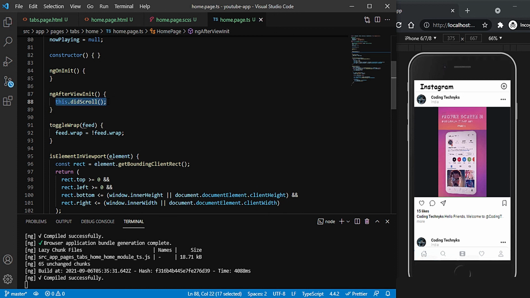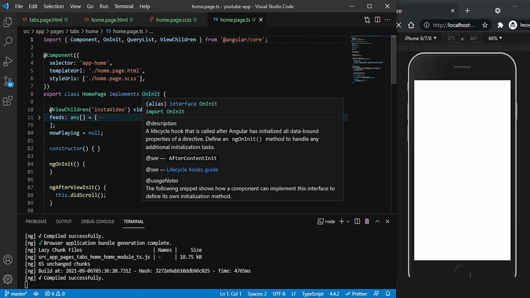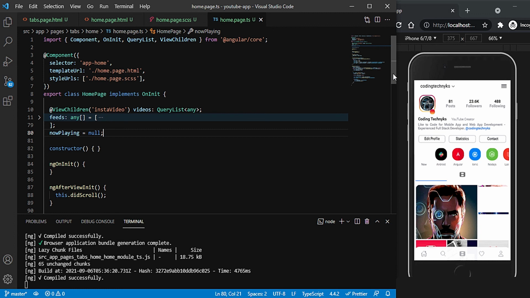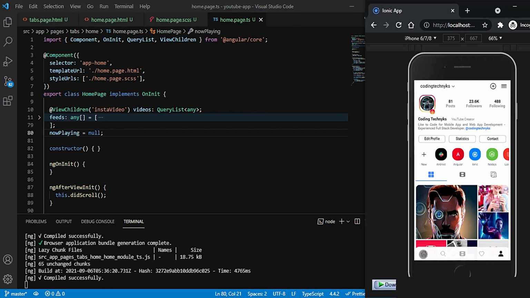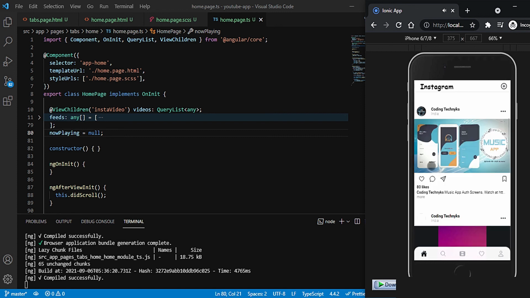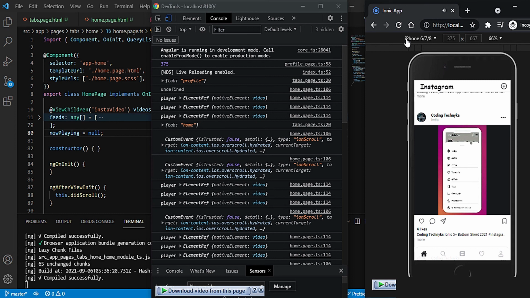Now this function is getting called after the view is properly set, and we don't have to implement anything. We don't have to pass it anything out here. Earlier we needed to pass it in ngAfterViewInit, but I think in the ngOnInit only they have appended this function up. Fine, so we can directly use it up. All right, now let's go to home again, and you see this is working, right? Now if I scroll down, this is also working,